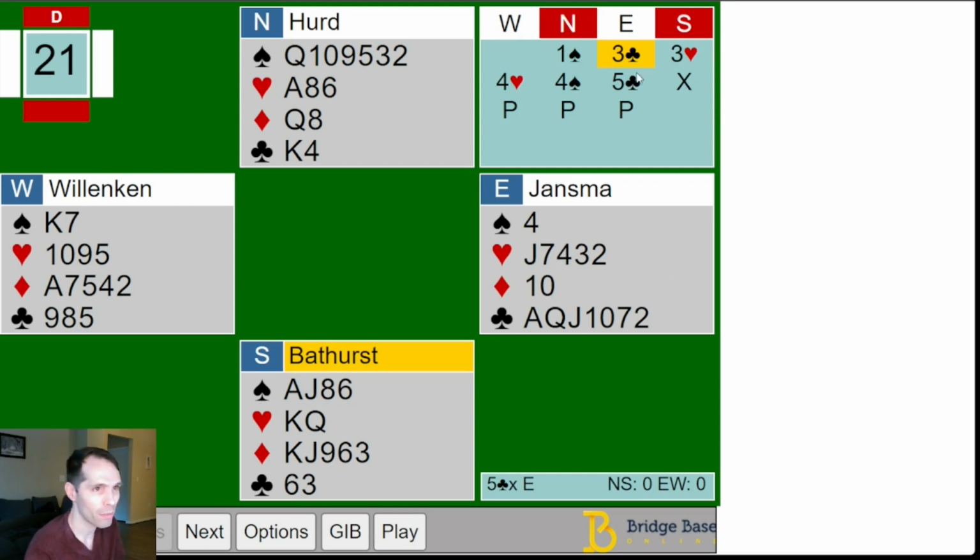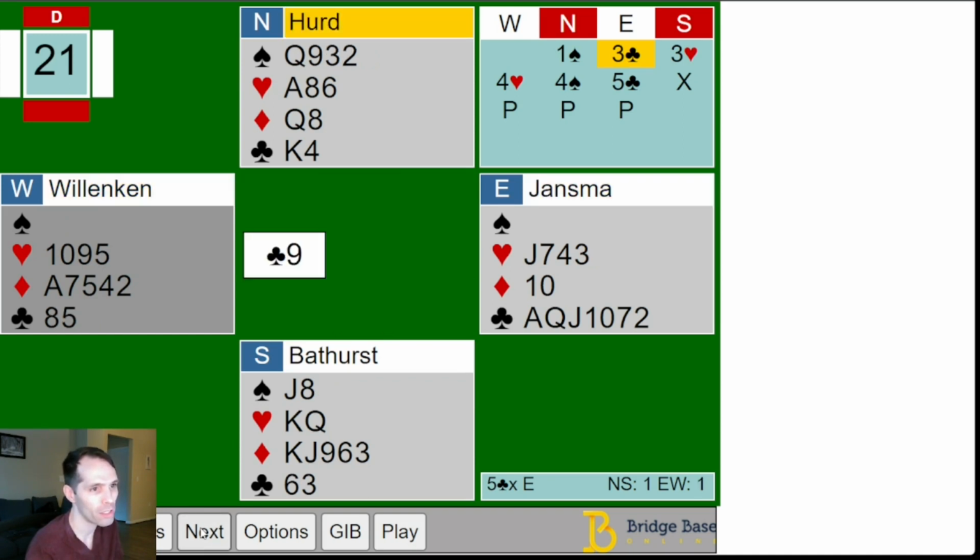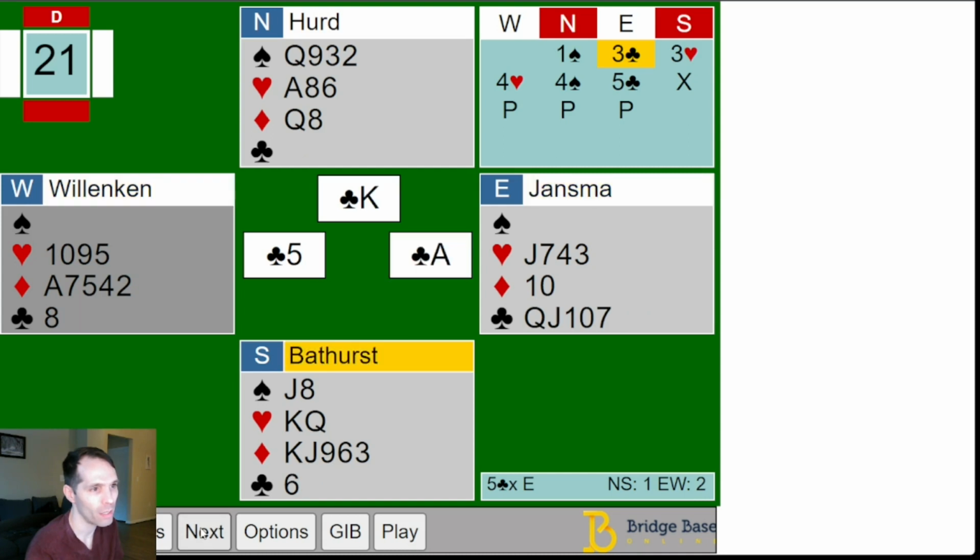Anyway, so 5 clubs by east, double by south. Makes a ton of sense. I mean, south does have this big spade fit and some values, but he's just balanced. And we get the ace of spades lead. Looks pretty normal. 10, probably some sort of suit preference. Spade continuation, declarer pitches a heart, takes a club hook,